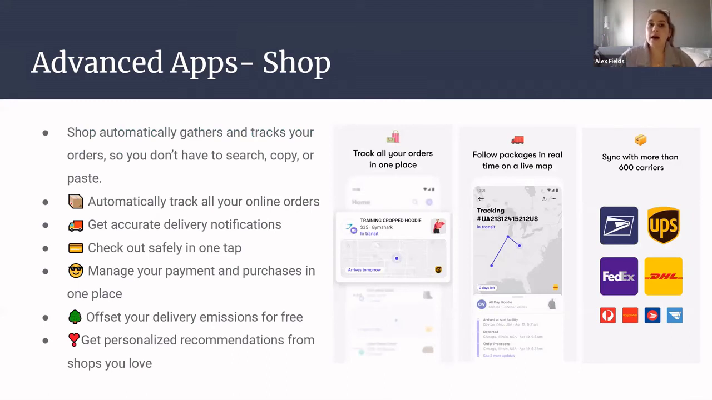And then the last app I want to talk about was the Shop app. So the Shop app automatically gathers and tracks your orders, so you don't have to copy and paste to track your packages. Typically, if you have something coming from FedEx or UPS, you have a tracking number that came with your purchase, and you would have to enter that tracking number into the UPS or FedEx website